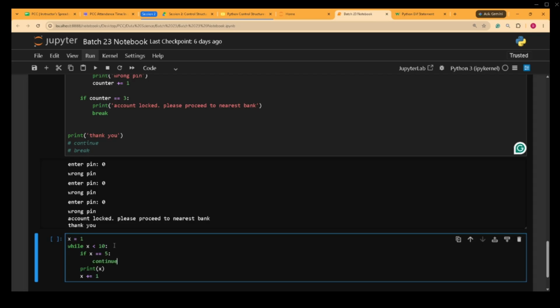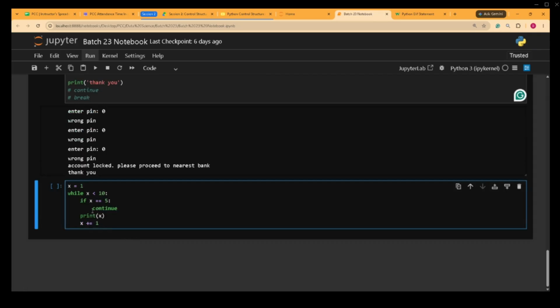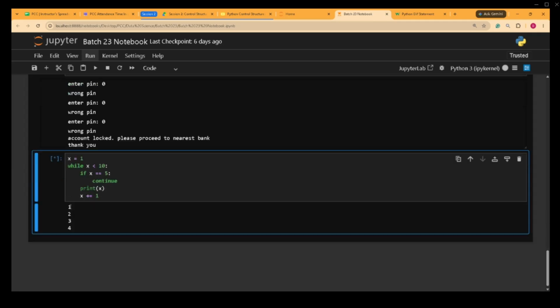So what will happen to this is that the moment that x is equal to 5, it will stop at this line and disregard all the lines that follow afterwards in that current iteration. So in this case, in the fourth iteration. So if you print this one out, okay, 1, 2, 3, 4,